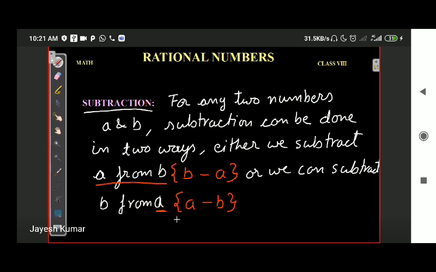Now A and B can be any real numbers. So obviously they are also rational numbers. A and B can be integers, A and B can be real numbers, A and B can be rational numbers, even numbers, odd numbers, fractions, any sort of numbers. Okay. Up till now, I have not discussed the sign of the result. I'm just telling you how the subtraction works. Okay.